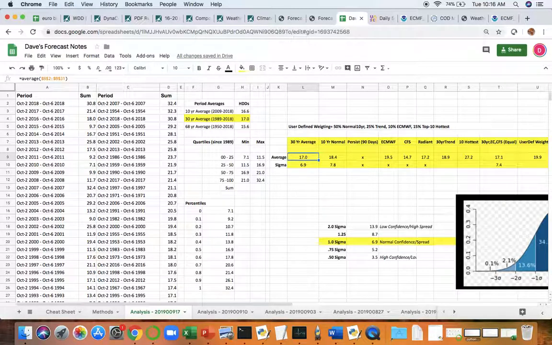I consider the 30-year average, the 10-year normal, ECMWF, the CFS, the Radiant or Maxar forecast now, the trend forecast, which we have a trend input, and I'll show you that in a minute, and the 10 hottest. The 10 hottest I calculate over here in column C and D. And just a quick note on that, the reason I include the mean of the 10 hottest is my approach is,